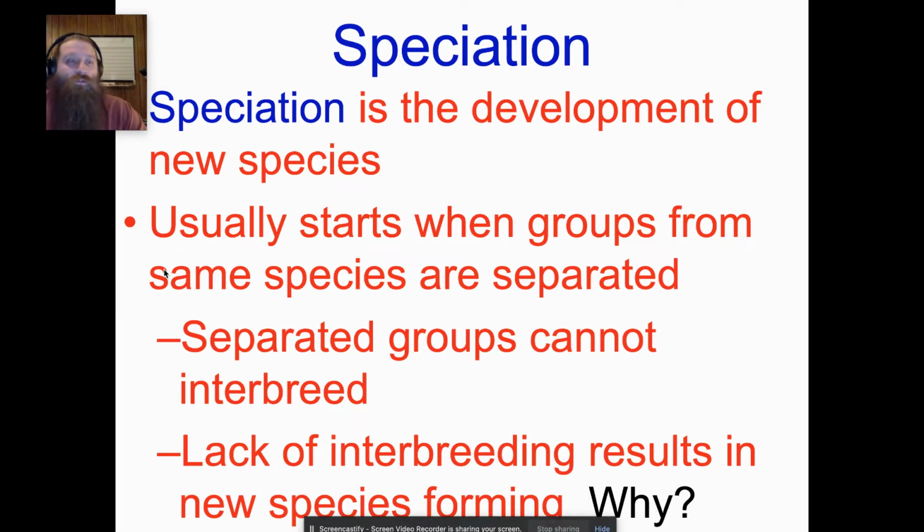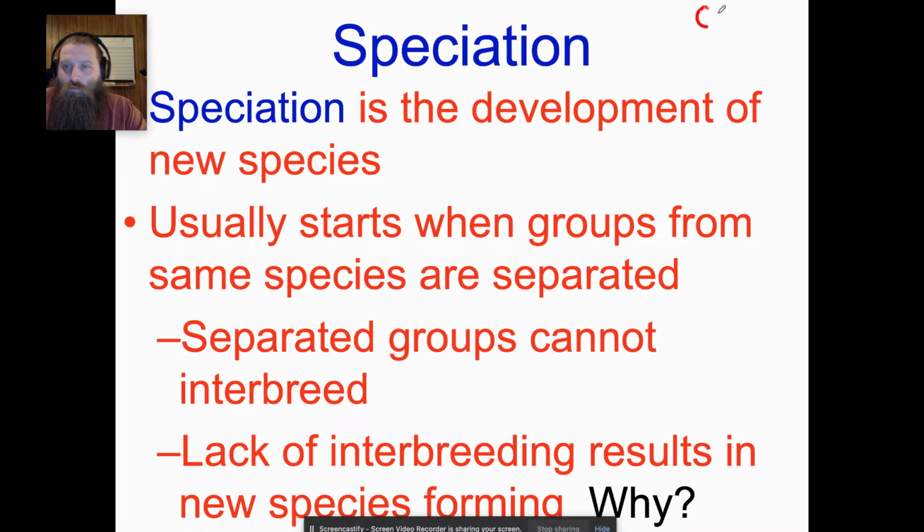groups. Here's the reason that leads to speciation. It's really simple. A separated group cannot interbreed, and the lack of interbreeding eventually leads to two new species, to some kind of divergence. Well, why is that? Pretty simple, right? They're no longer sharing those mutations that are present in the population. So if we think about it like,